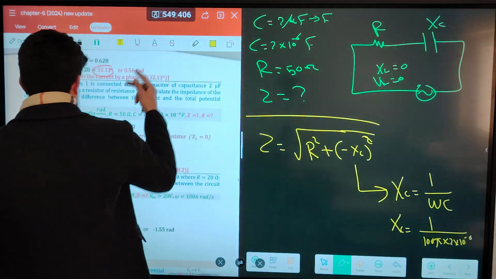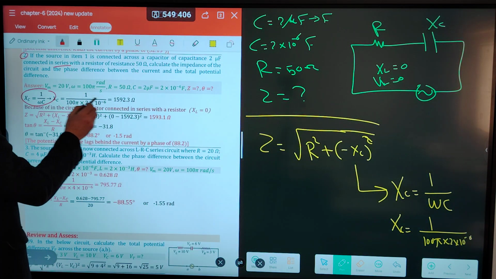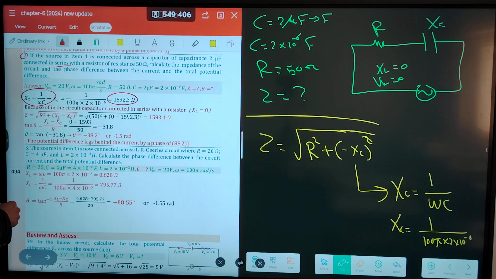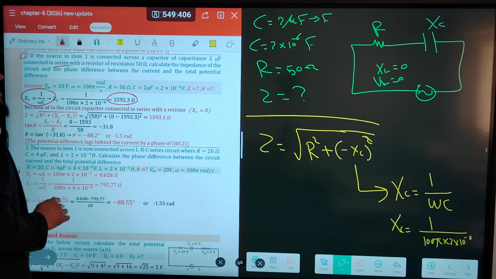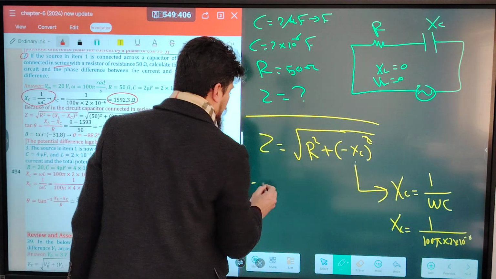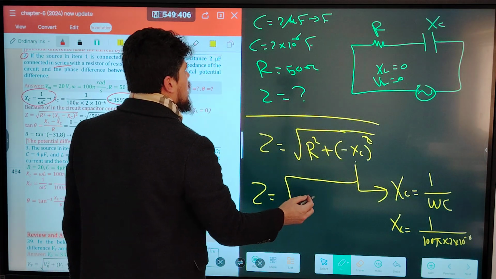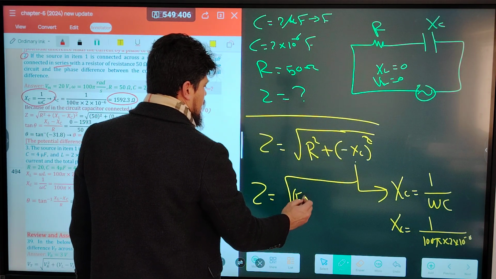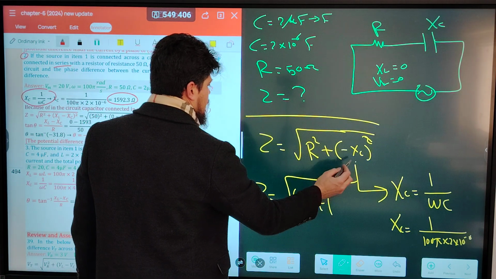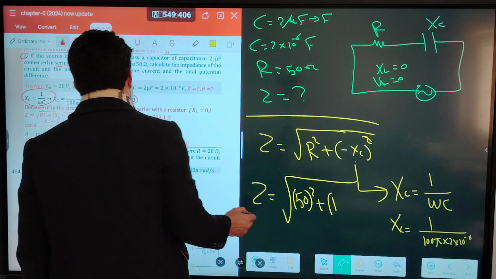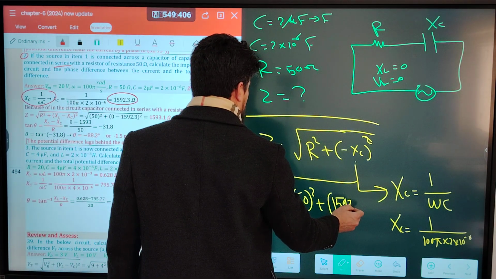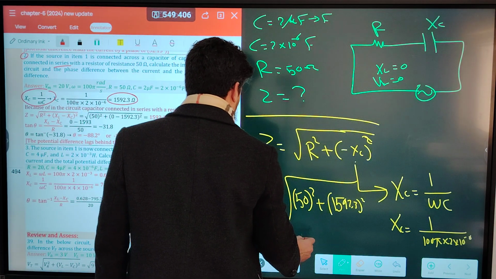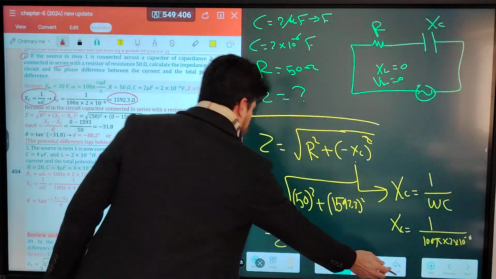XC is equal to 1592.3 ohm. Replace into this equation to determine Z: R, 50 square, plus XC, which we didn't have but we found, 1592.3 square. The total impedance in this circuit is equal to